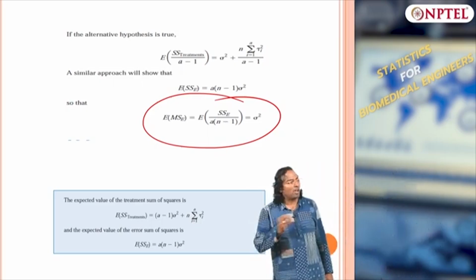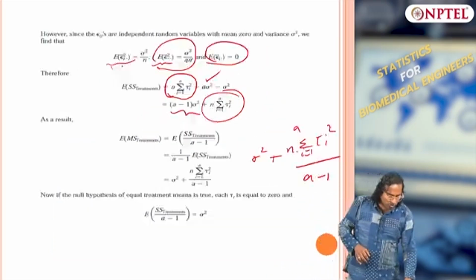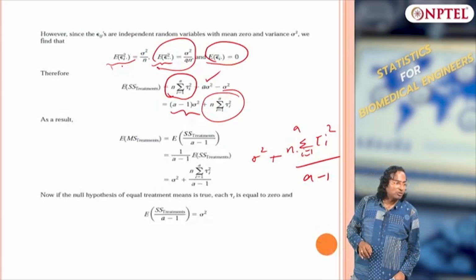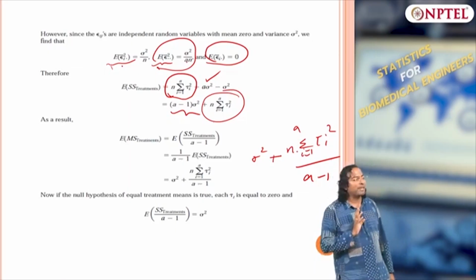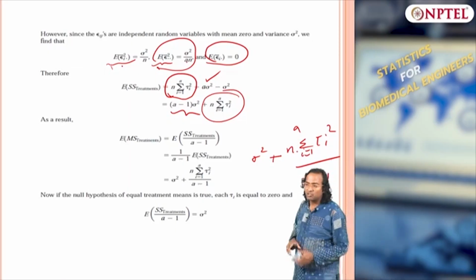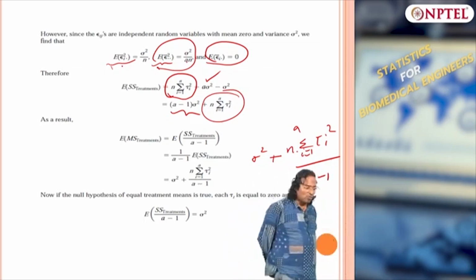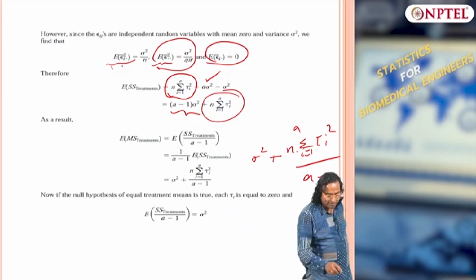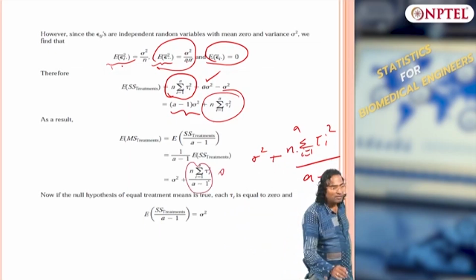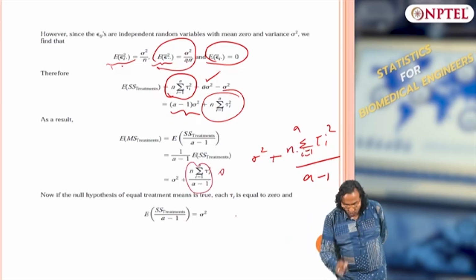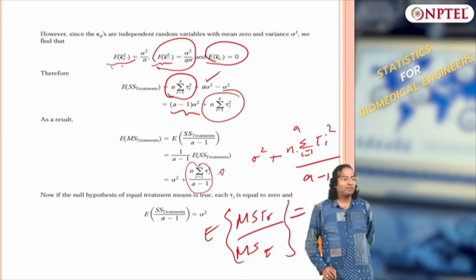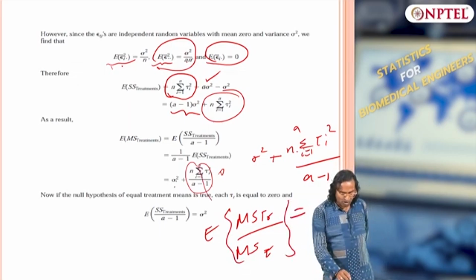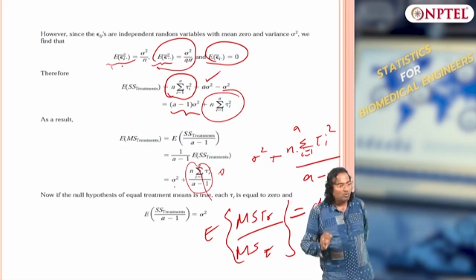So, mean square noise is what? Error is sigma squared. Mean square treatment is what? Sigma squared plus summation of tau i squared. Now, if your null hypothesis is true, what does it mean? If the null hypothesis is true, that is, no treatment has any effect, what will happen? The second part should be 0, right. That means if I take a ratio of mean square treatment divided by mean squared error, this term goes to 0, sigma squared by sigma squared, this should be equal to 1,